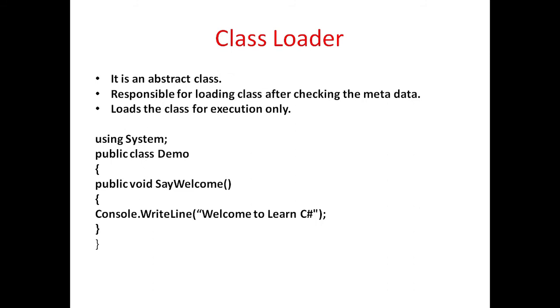While loading the Console class, which is present in the .NET framework, it checks the required DLL file. If the DLL file is present, it checks that the information present in the metadata is the same. The Console class is loaded only if the DLL, its version and its security tokens match those of the metadata file. Otherwise, it gives an error. All these checks are done by the class loader. On the client machine, conversion of MSIL to native code by the JIT compiler is only possible if the class loader loads the class.